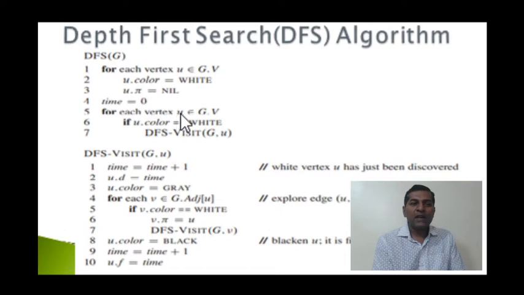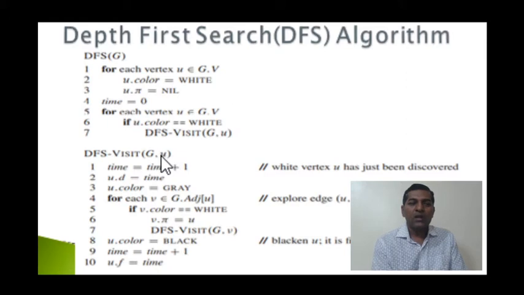So for each vertex U in the set of vertices, we check if U.color is equal to white. What we have done in the previous section is color all the vertices white and nil. So if we pick the first vertex, it is definitely going to be white. So we will call the next function, DFS-VISIT(G, U), for that. We send this U because it is undiscovered. The first vertex we send to the function to visit.